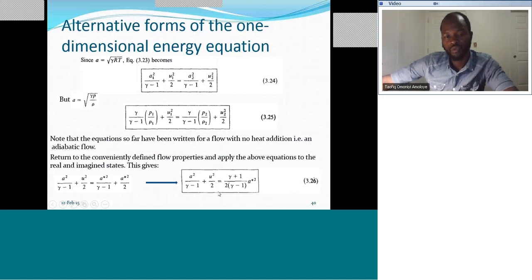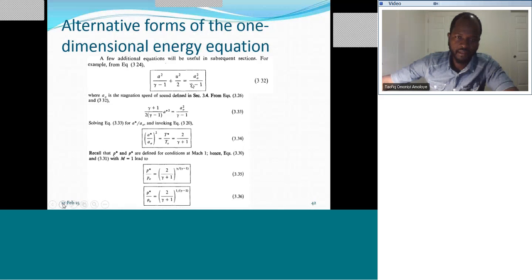So that means this is equal to this, and over here, that is still equal to this on the left hand side. That means we can actually equate A naught squared over gamma minus 1 to all this over here. And with that, we can find a ratio between the characteristic speed of sound and the stagnation speed of sound. And since the speed of sound is related to the temperature, that is A squared is equal to gamma RT, and it's this ratio here